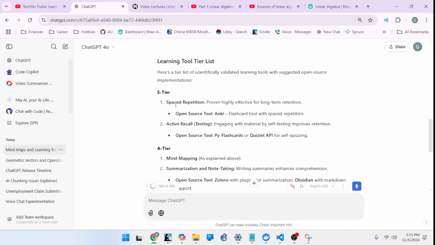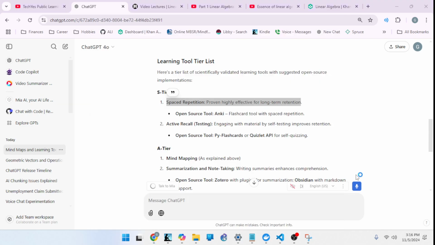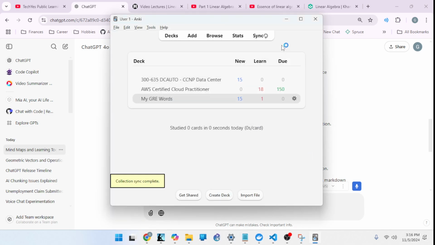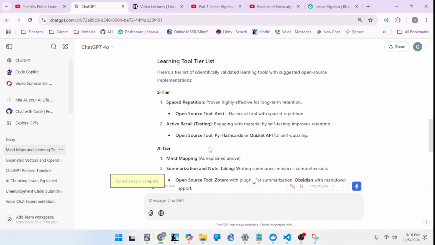So really, what we want to be doing, the absolute gold standard, is we want to be doing Anki. And I don't even have it pinned anymore. So it's no wonder I've been kind of failing to further my certifications and education and all that. I don't even have Anki pinned to my quick launch anymore. So we'll pin it to the taskbar. It belongs front and center there. It's an essential tool.